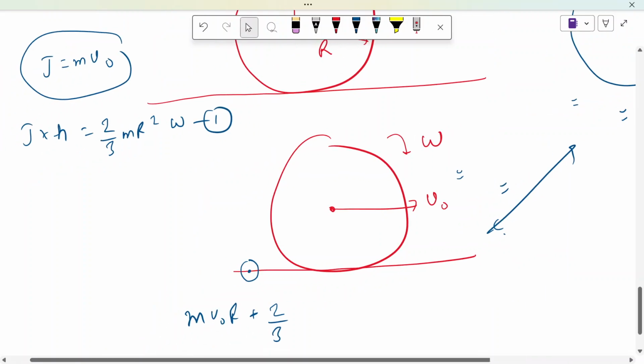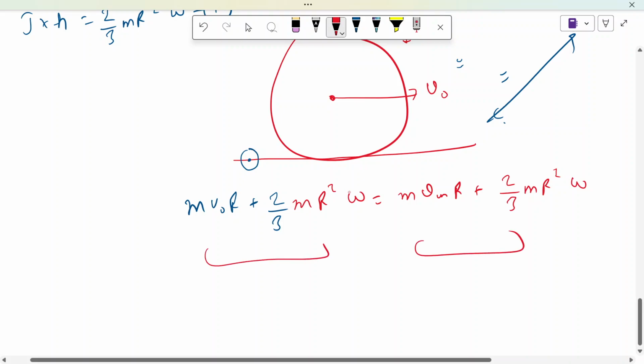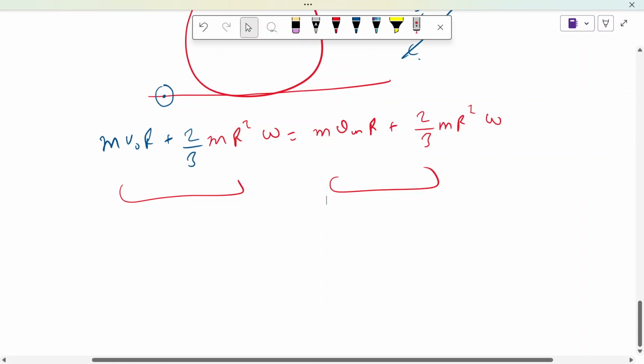Okay, so m v naught into r plus 2 by 3 into mr square into omega is equal to m vcm into r plus Icm into omega, 2 by 3 into mr square into omega. So this value should be equal to this value because of angular momentum conservation, right? So vcm is clearly r into omega. That implies this value is 5 by 3 into m vcm into r,